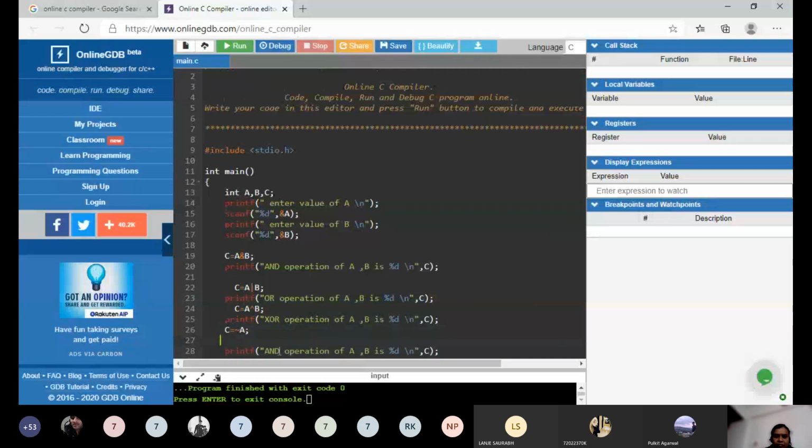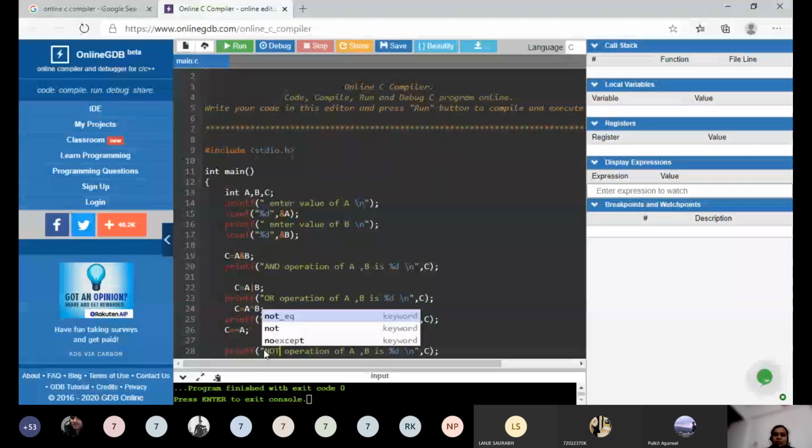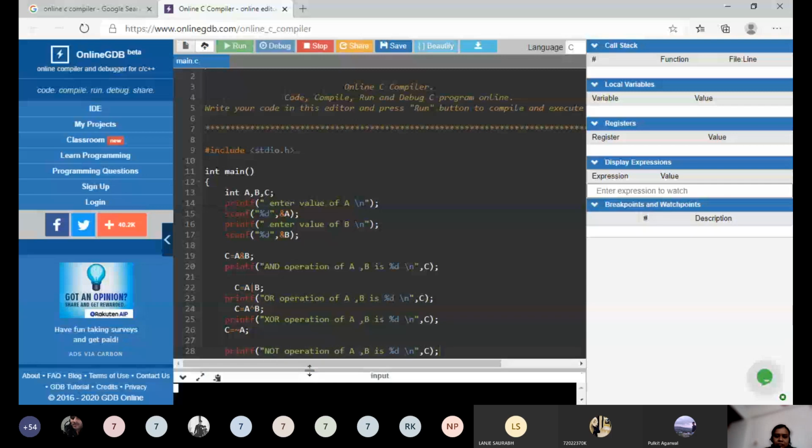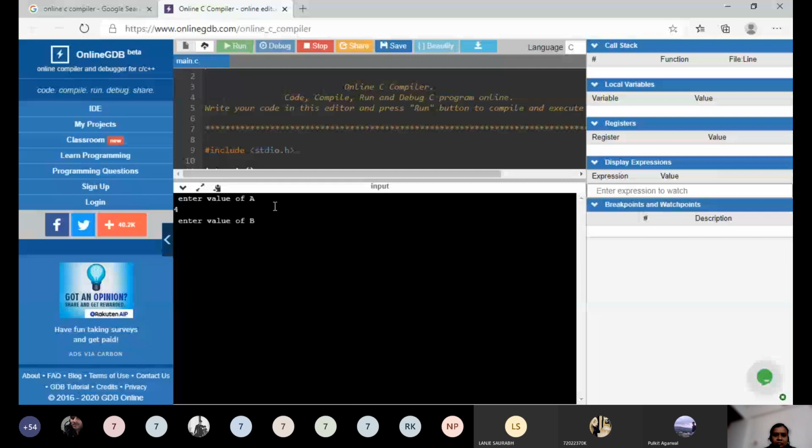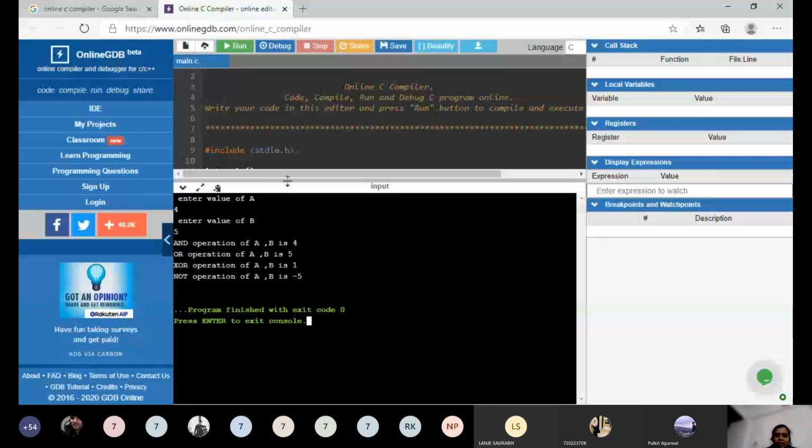Now here you have to perform the 2's complement, और अगर आपका डिजिटल इलेक्ट्रॉनिक्स में 2's complement अभी नहीं हुआ है तो it will be there in your first unit, I think so. Okay, so you take the value of this and you try to perform that 2's complement. Okay, it is 4 plus 1 and negative value, so we are getting here -5 for the NOT operation.